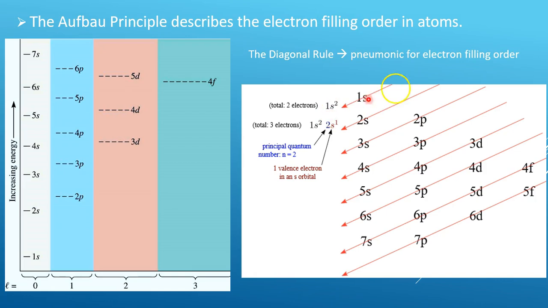Once you fill these ones, for example, that means that you fill the 1s, so it will be 1s2. The superscript indicates the 2 electrons that can be added to the s orbital. Then this is the electron configuration for the element lithium that has only 3 electrons, 2 plus 1, 3. So we have a full orbital fill, the 1s, but the 2s is half filled. So this electron here is what we call the valence electron, because it's in the outermost energy level,